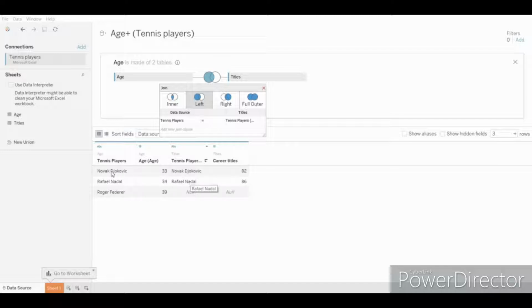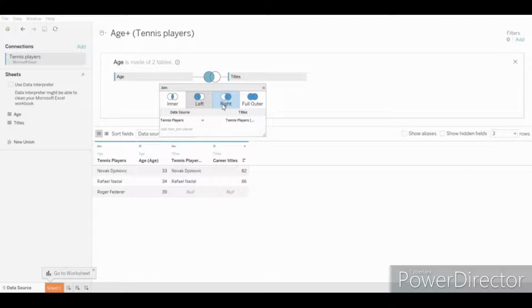Like these two players have a match. So the data of these two players will be visible. So it will exclude the third row of the titles table because it doesn't have a match with the age table. And in the titles table, there is no data related to the third player, Roger Federer. So it will be represented as null.